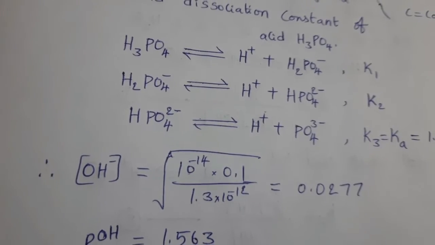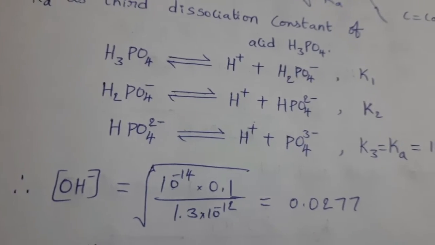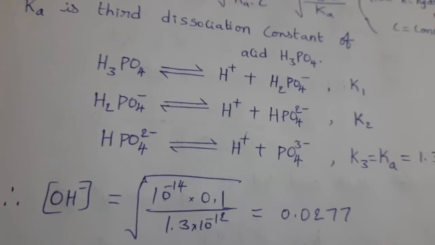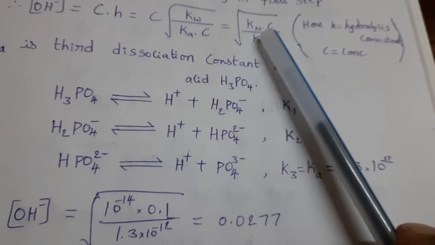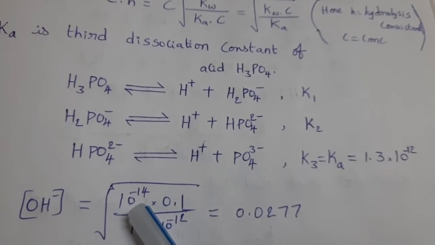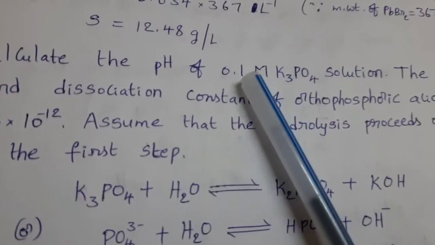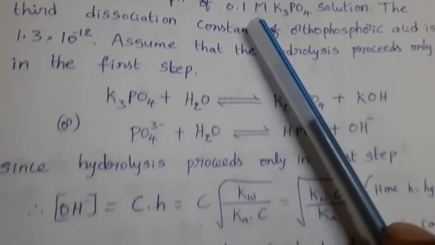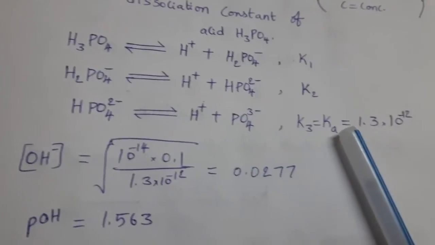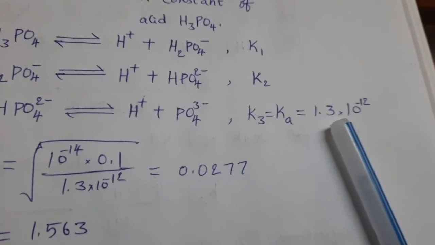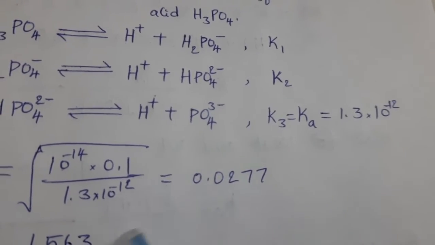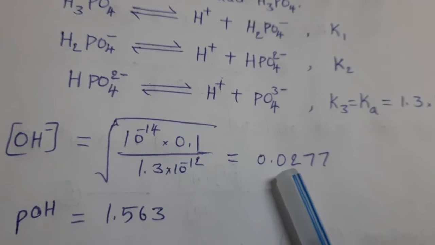Now the OH minus ion concentration is equal to the square root of, what is the formula? Kw, Kw value 10 power minus 14, and C means concentration. What is the concentration of the solution? 0.1. Substitute that one. And Ka value, how much Ka value? This one, 1.3 into 10 power minus 12. Substitute, then we can get this one,